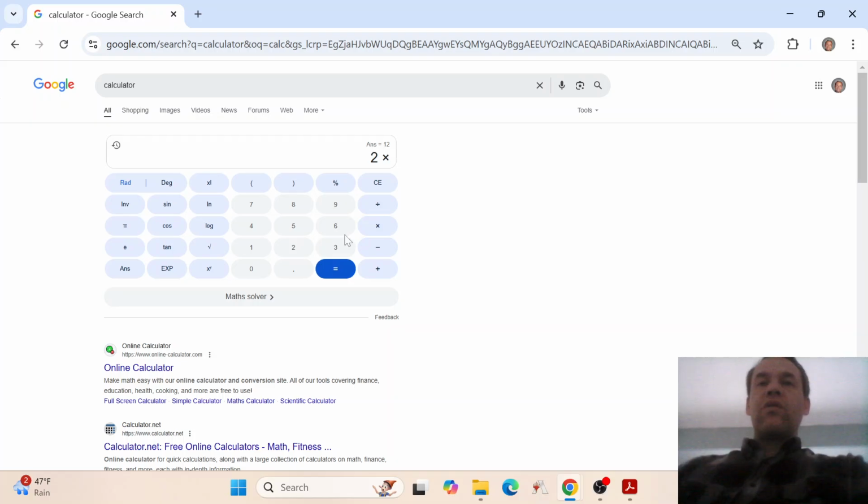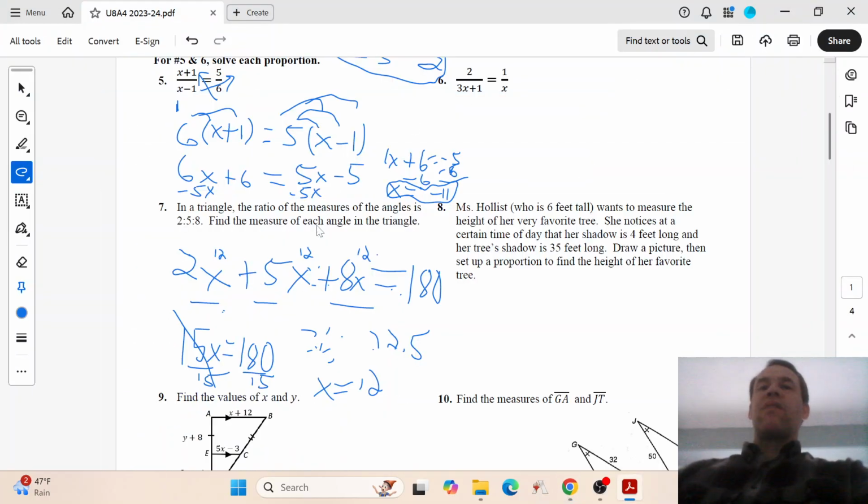So 2 times 12, of course, is 24. And then 5 times 12, I think, is 60. And then what's 8 times 12? So 8 times 12 is 96. So that means this is going to be a 96 triangle plus 60